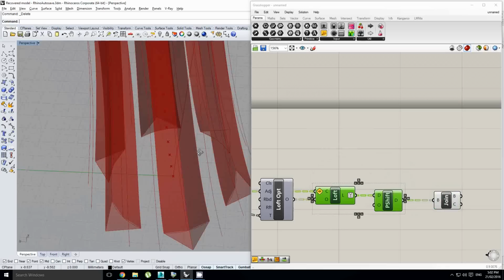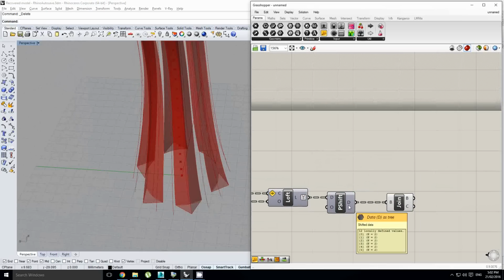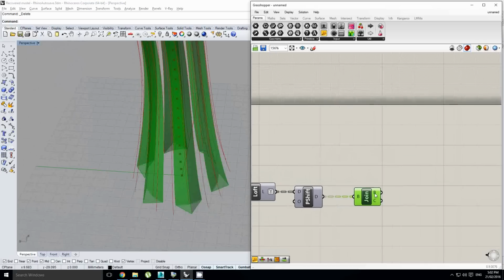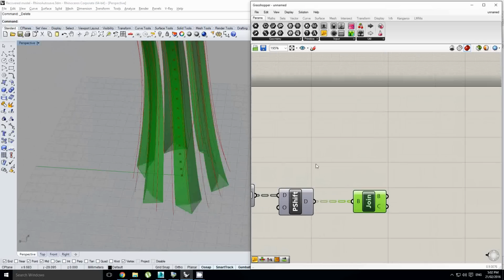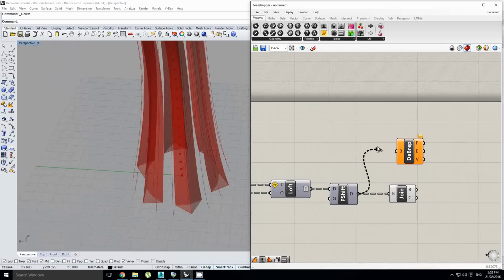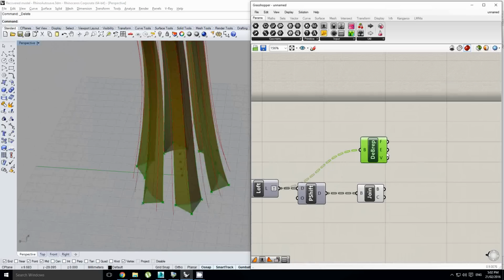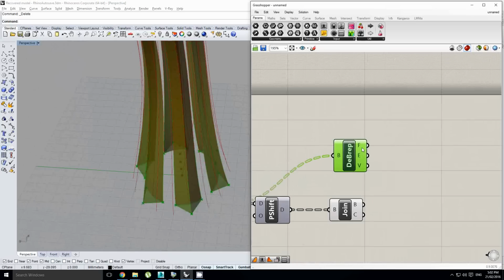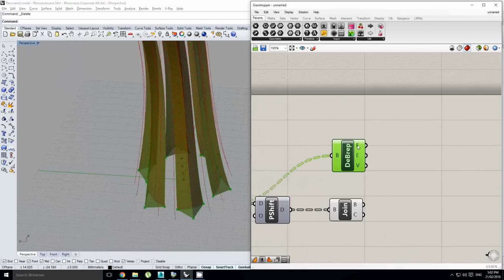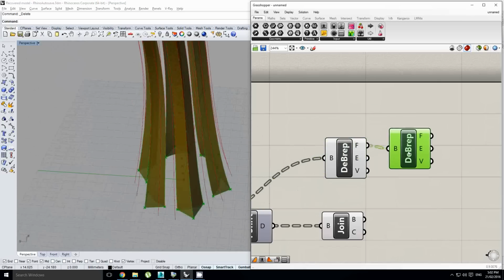And there we go. The next thing I'm going to do, so I've got my breps joined together, I am actually going to deconstruct these breps coming out here. Actually, it doesn't matter which one I do, I'll just do this one. And so we're getting a list of faces, edges, and vertices. We're going to take our faces and we're going to deconstruct those as well. And so this